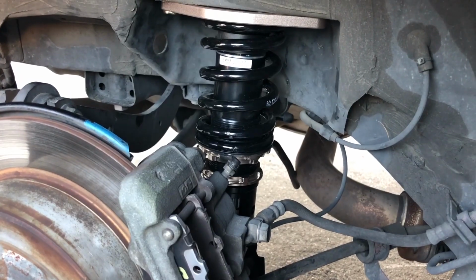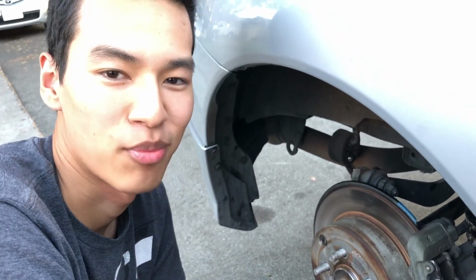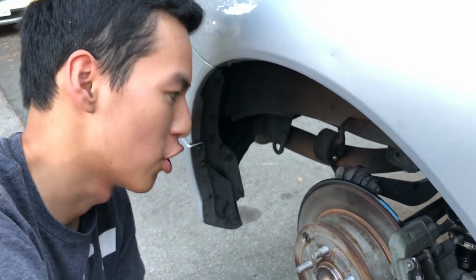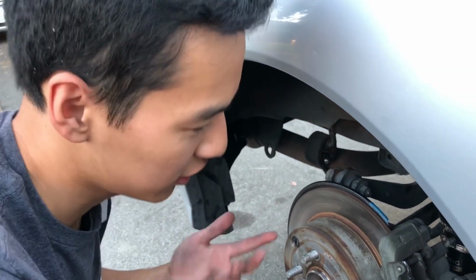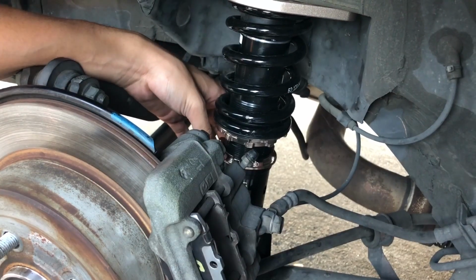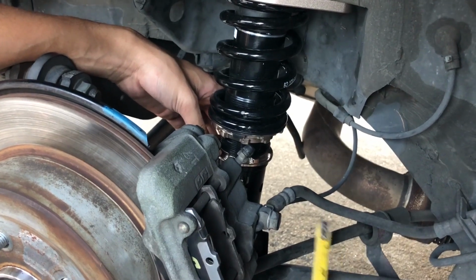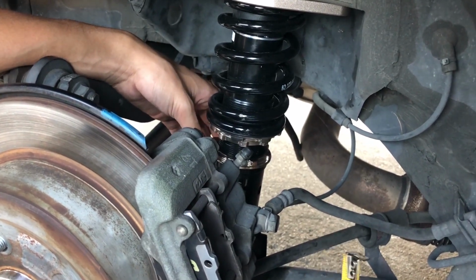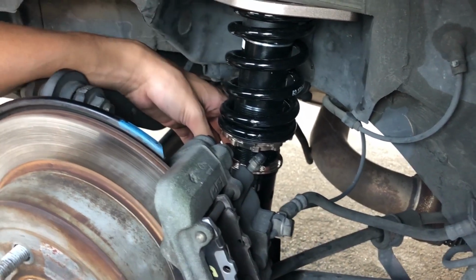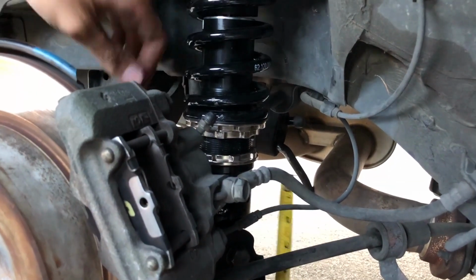I know I said I bought the extreme lows and we're raising up the car, but the extreme lows weren't an extra price or anything. If I were ever to go slammed, I got the extreme lows, so I don't need to buy another set. Guys, do keep in mind that adjusting ride height takes a lot of time, because you have to go back and remeasure it, put the wheels back on, lower it, and see where it stands. And if you don't like it, you have to jack it back up, remove the wheel, and